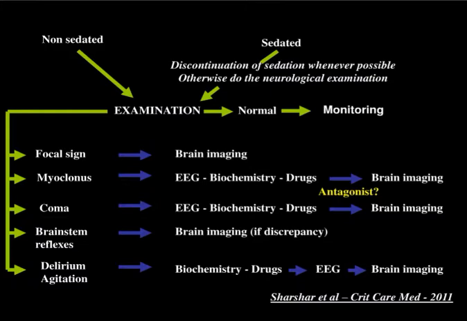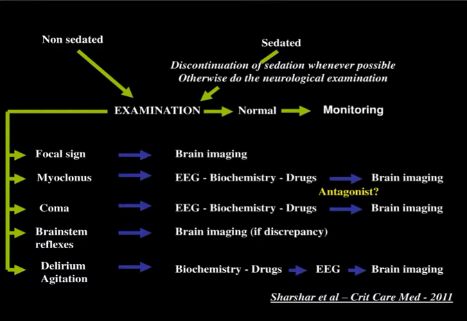And I think we do an MRI when there are focal signs. This means that we need to examine the patient daily and do a neurological examination in all ICU patients, sedated or not sedated. If there is any focal neurological sign, we do an MRI. If there is any myoclonus, we do an EEG, and if we have no explanation, we do brain imaging, an MRI.